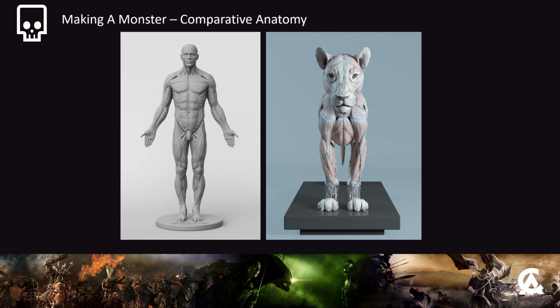Once you've done the storytelling side of it, the who, what, where, when, and why, and drawing from the visuals of real life, then you can get into the nitty gritty of understanding and thinking about comparative anatomy. Typically, when you're designing creatures, especially how we do it on the Warhammer games, there's one of two ways you can do it. Some creatures tend to be almost Cronenbergish, super alien with nothing relatable about them. But others will draw inspiration from the skeletal and muscular structures of real world creatures, and so we need to understand how the anatomy works in that sense.